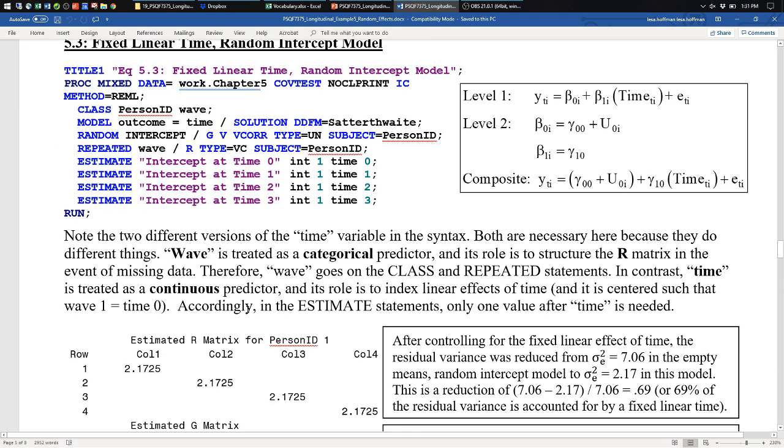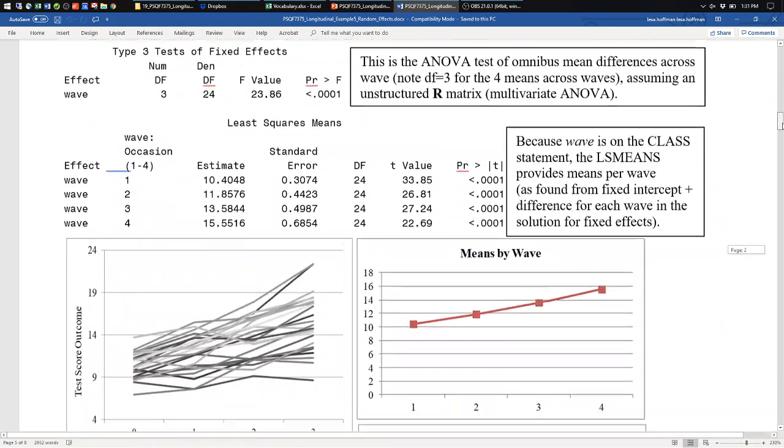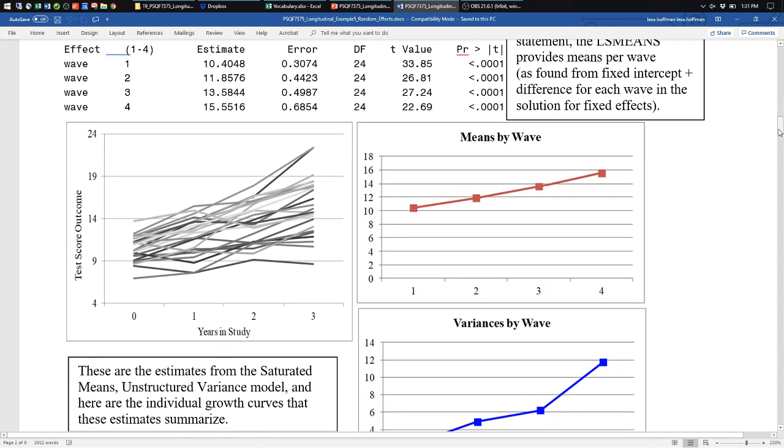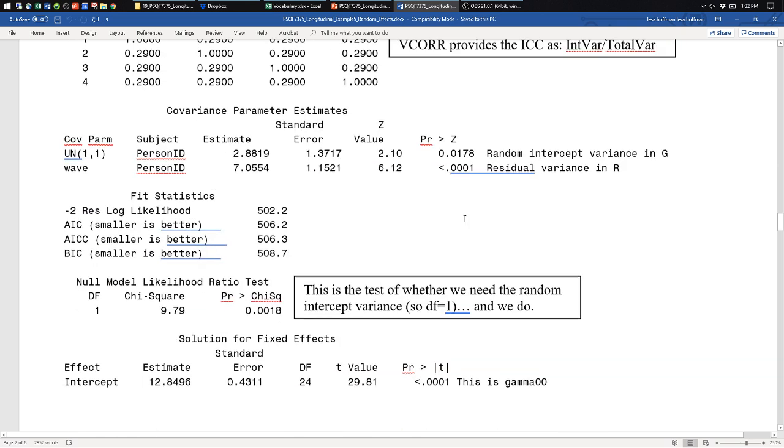So now let's start pattern hunting. Why am I fitting a linear model for time? Because I made this picture and I think it looks linear. If the picture looked like something else, I might go a different route. But we're starting with linear because it's easiest, and then we can work on adding more complicated types of trajectories.